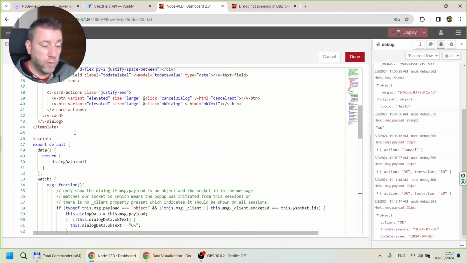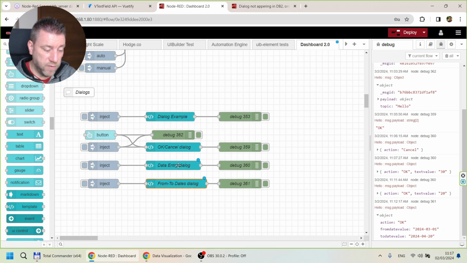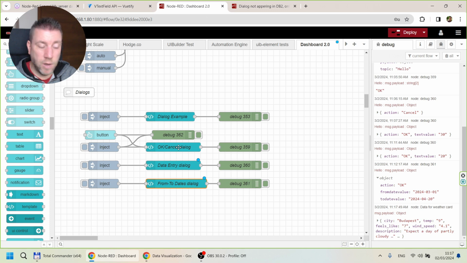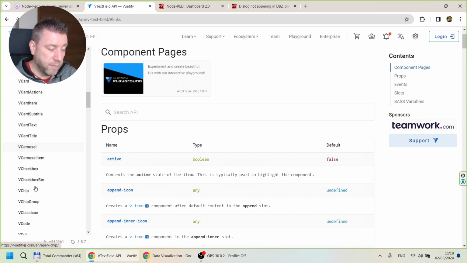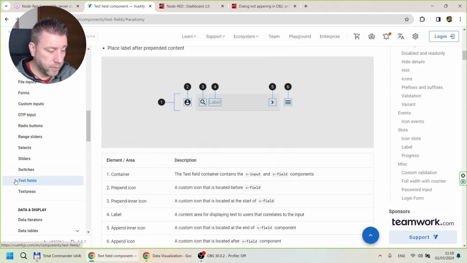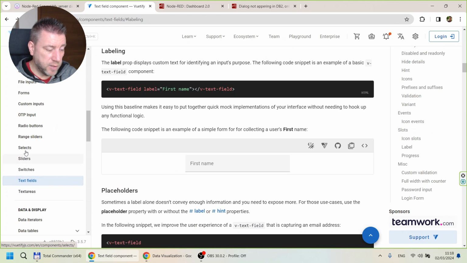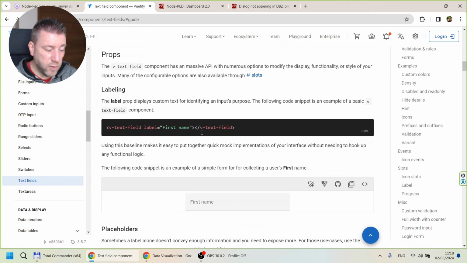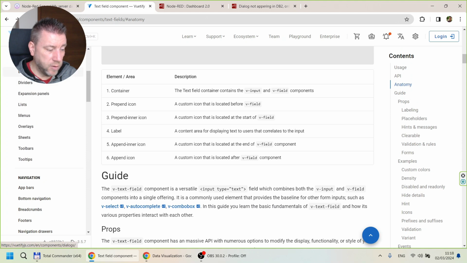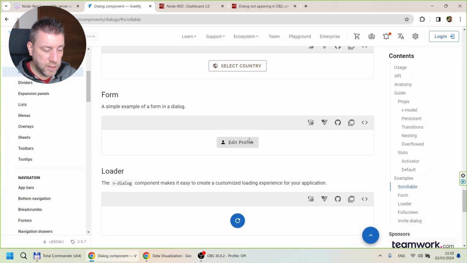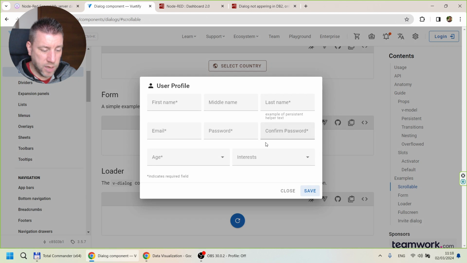So there is not an awful lot of change in this dialog from the previous one up here or up here. So I think I'm hopefully able to show you that it is very easy to create this custom dialog with a different set of input forms. And all my examples so far only used text fields, but as you can see, there are so many other cases here. And if you go back to the dialog itself in the documentation, and if you look at this edit profile example, you can see how you can customize these